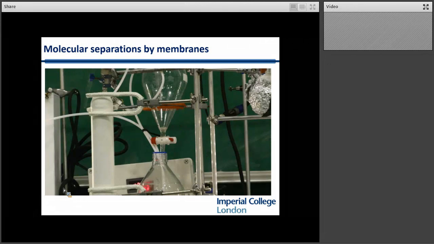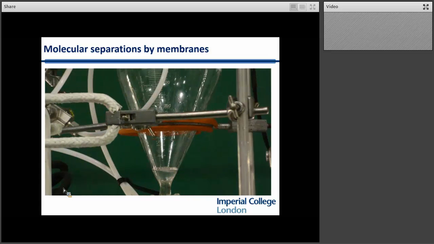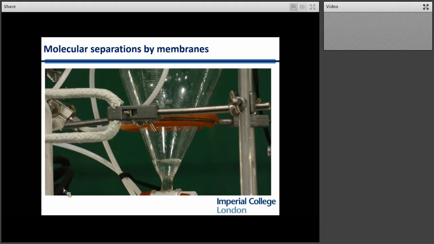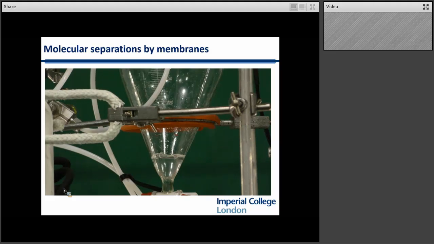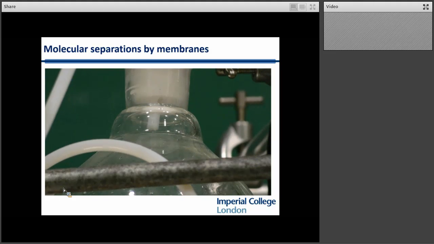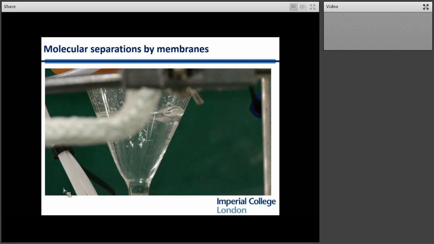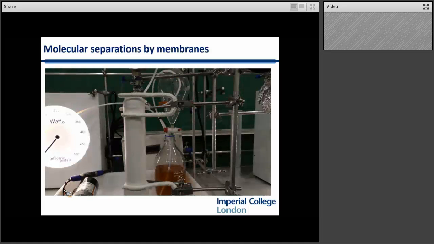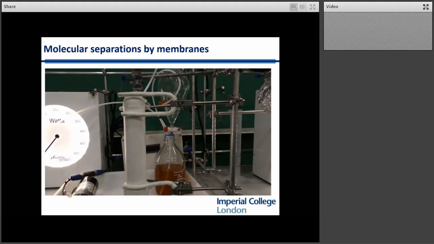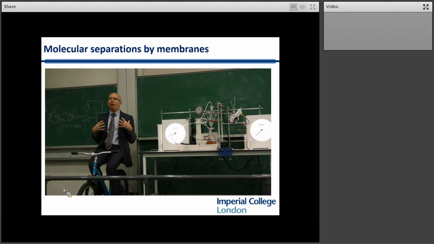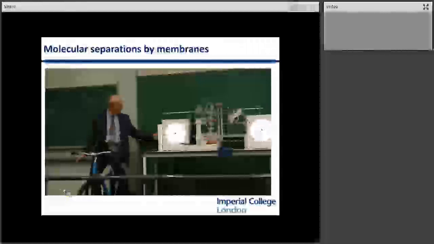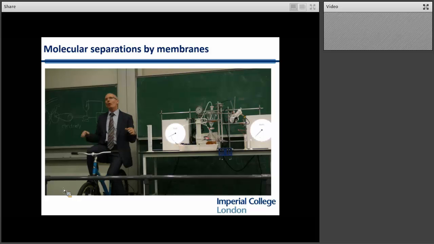Starting to fill up, the water's coming through, and you can see with just 50 watts, the rate of water coming through is much higher. I'm 30 seconds in. I do have to say this is much more pleasant riding along with the membrane at 50 watts. You can see the water starting to come through and building up. And the point is that with a lot less energy, and the energy source has been the same in both experiments, the energy source is me, and I had more energy when I started that experiment than I do now, after biking flat out for a minute. I'm producing less power. I'm only producing 50 watts. I'm really generating a lot more water. My last second,